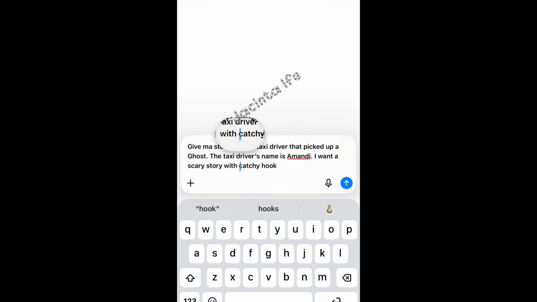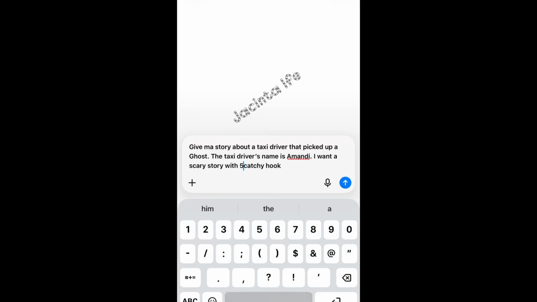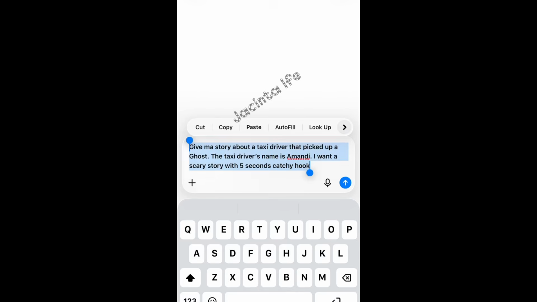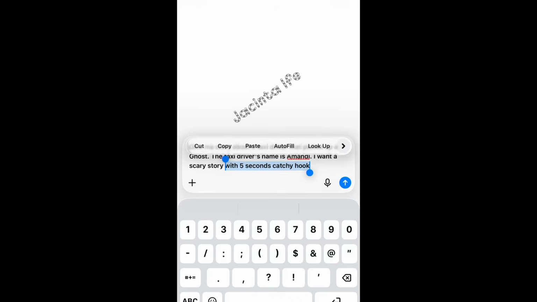I'll say 5 seconds catchy hooks. Or I can just leave this part so we can just add it in the next. Sorry guys, let me just crop out this part for now.